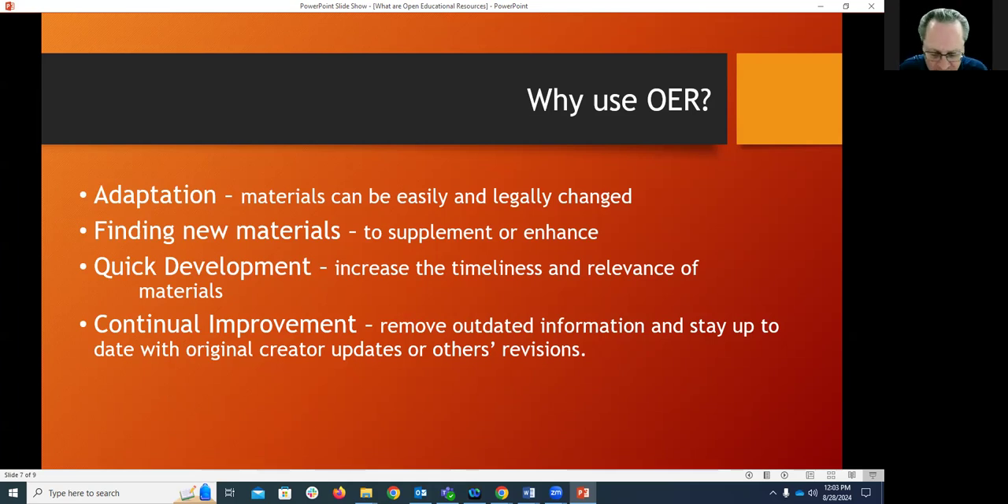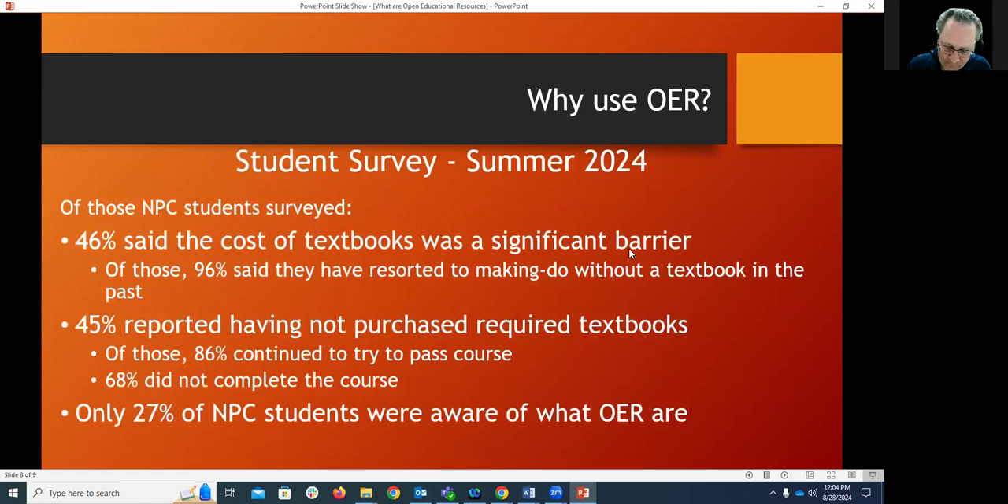Now that you have some idea of how using OER can benefit students and instructors, let's take a look at some very sobering statistics from NPC students about their use of textbooks and some pretty impressive statistics of the benefits that have been realized through the actual use of OERs at NPC. Okay. During the summer of 2024, NPC conducted a student survey inquiring about the use of textbooks by students and about OERs. Of those NPC students surveyed,